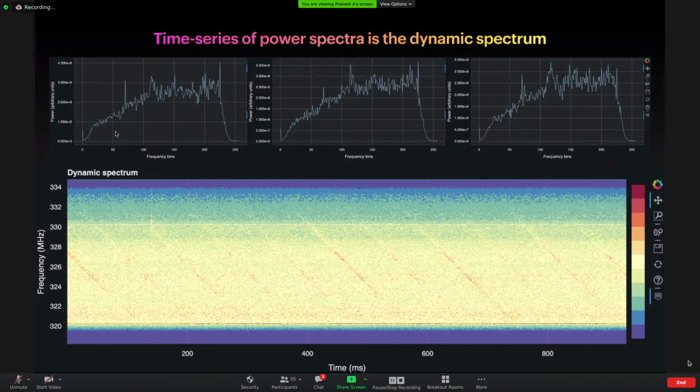So although the voltage signals themselves are varying between 0 to 16 megahertz, we have just shown it in terms of the observed frequency so that it's closer to what we are trying to observe and characterize, so it helps. So this is how the dynamic spectrum should look once you get the power spectrum. In a few cases, you'll see that